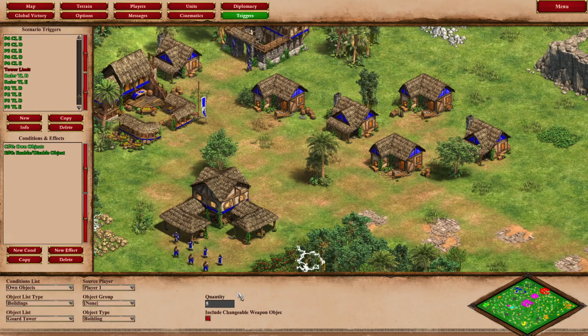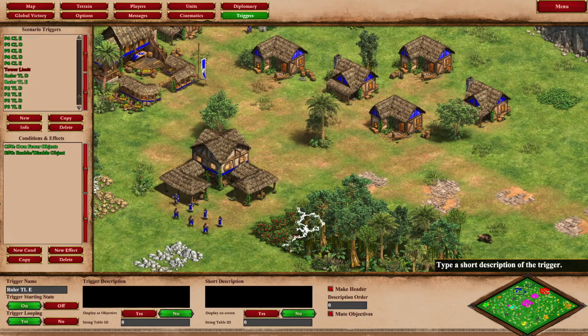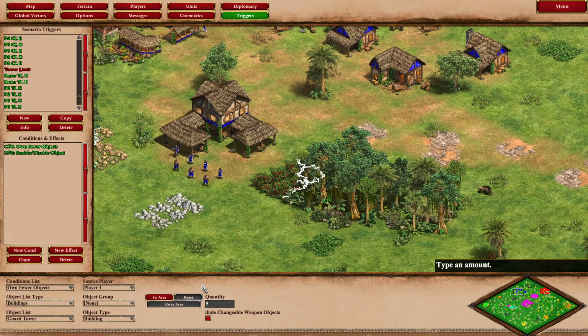If a player, or in this example, if the purple player has more than 5 towers, it will be disabled. If they have less than 5 towers, it will be re-enabled, and this is the same for all of the other players. Then here we have the healing transfer